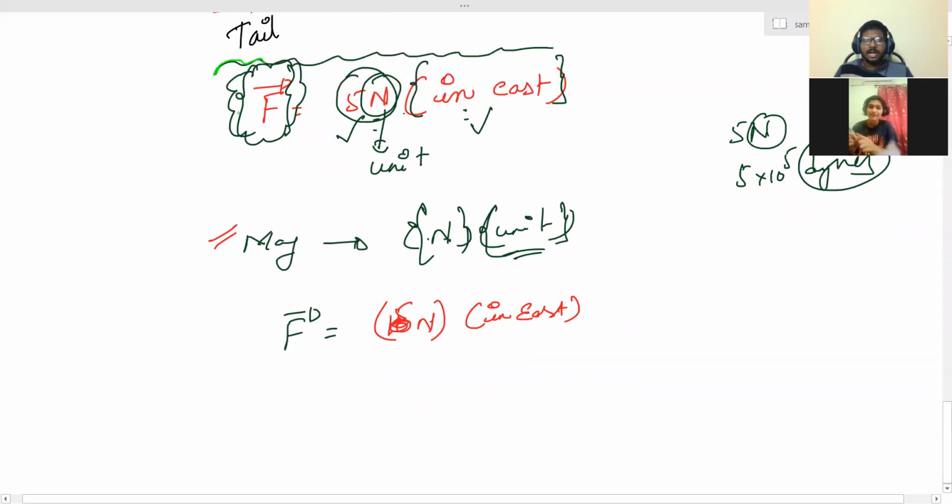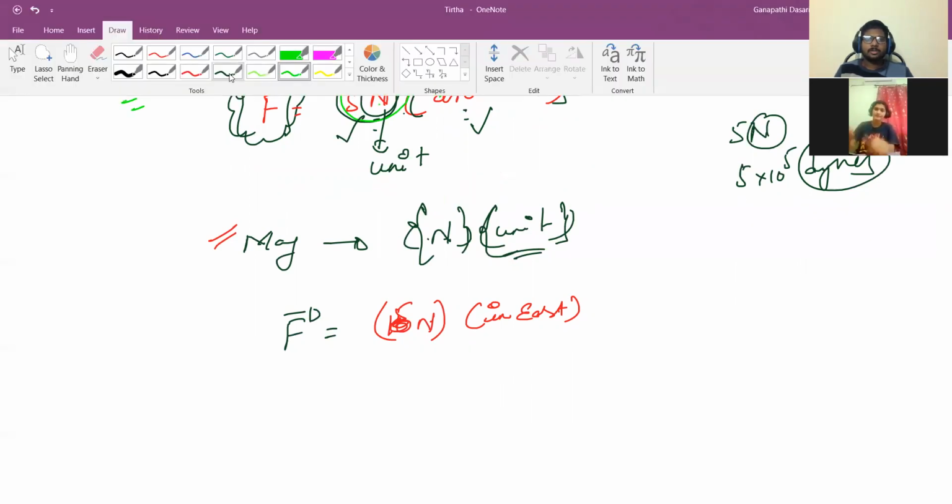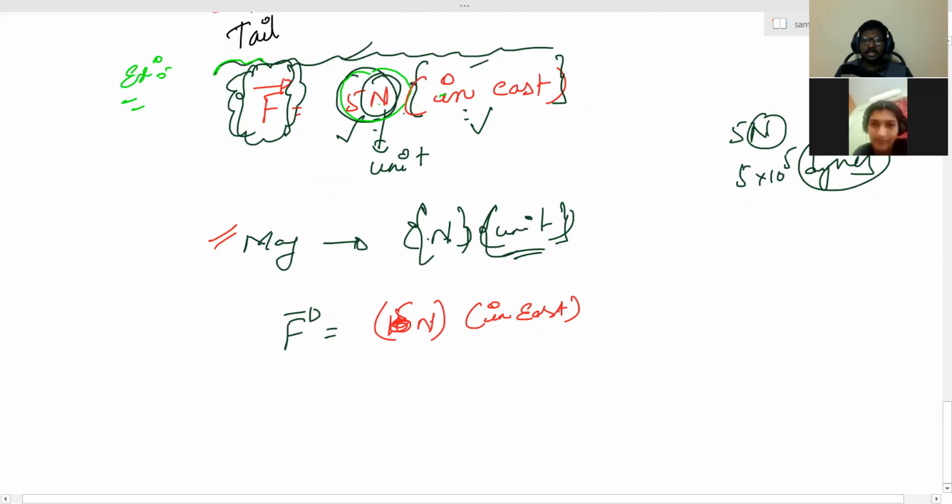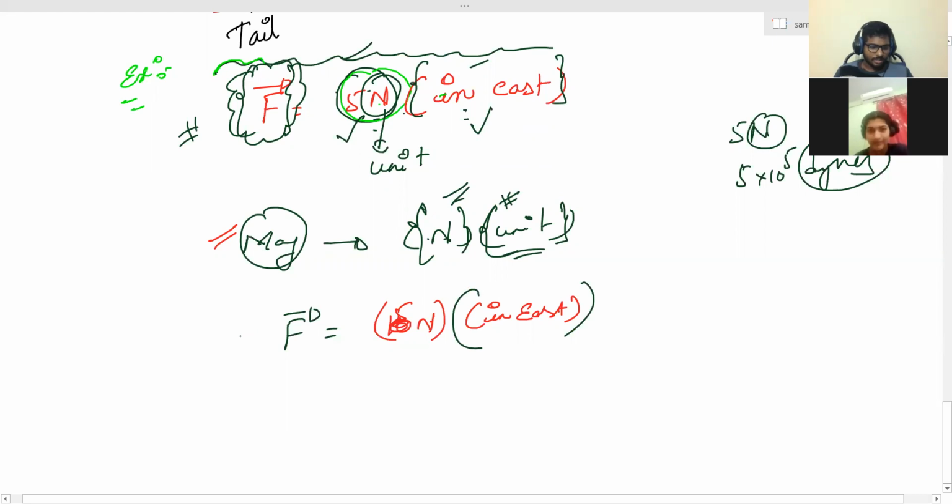Here you see, I've written some force vector. Force can be measured in terms of newtons, right? I've given an example here, 5 newtons in east. So there is a magnitude description here and a direction description, okay? And force will follow vector law of algebra, vector algebra. Don't worry about it, we will see what the vector algebra is. Here the magnitude will be given in the information as how many newtons, which is the unit. This unit and this number will give you magnitude, and this east will give you direction, right?